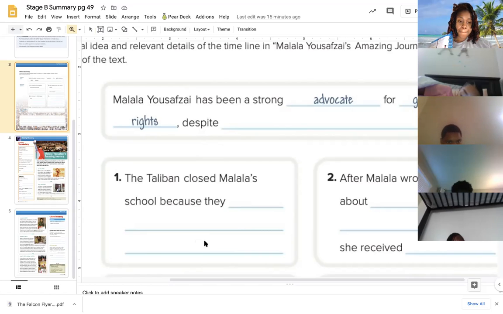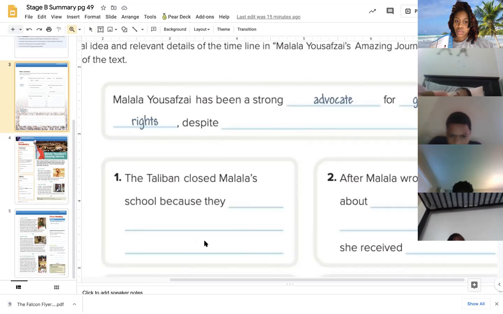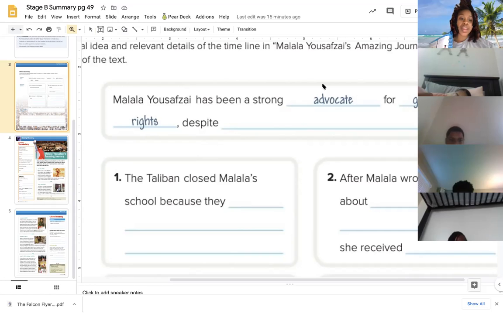What does it mean? Yes, without being affected. So even though, okay,